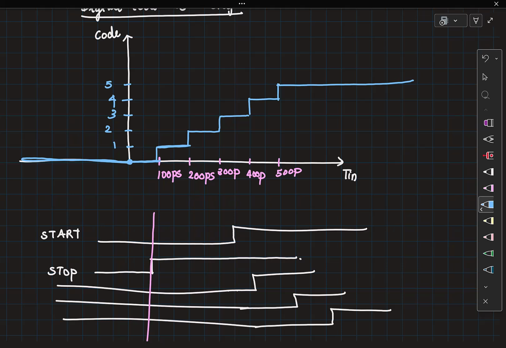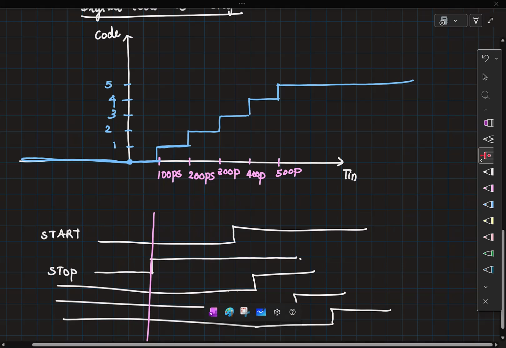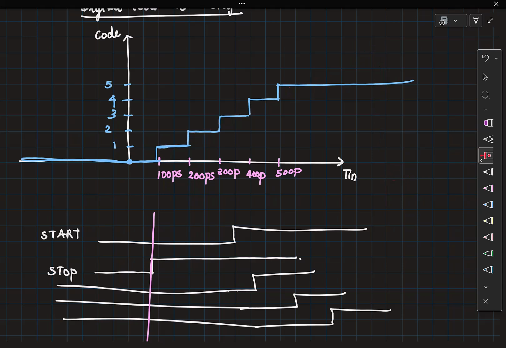So this is the characteristic that you have for the TDC. So when you are starting to design a TDC, you will get a range for which you are designing the TDC. The customer will say, please make a TDC that can measure time intervals between 0 to, let's say, 1 nanosecond. And you need to measure this with a resolution of 100 picosecond, right? So then you know what is the expected behavior. So you have this sort of behavior from 0 till 1 nanosecond. From there, you back calculate how many buffers are needed, and then you can design your TDC.